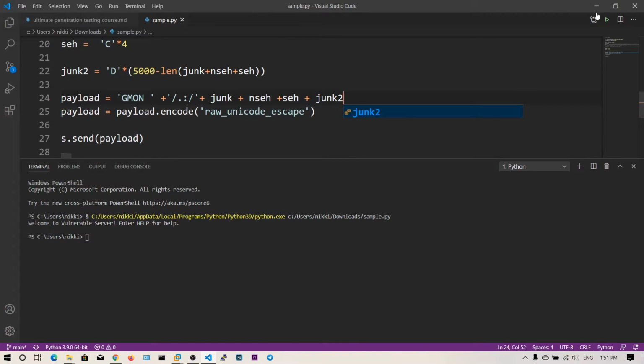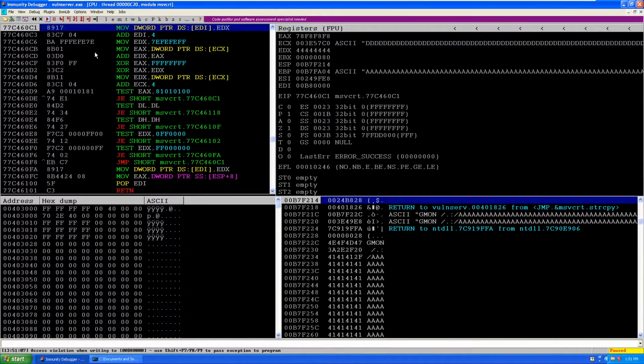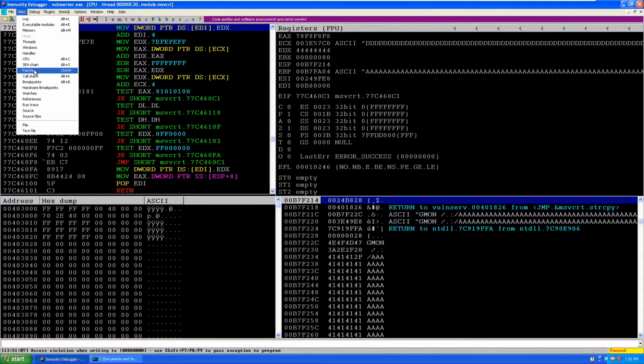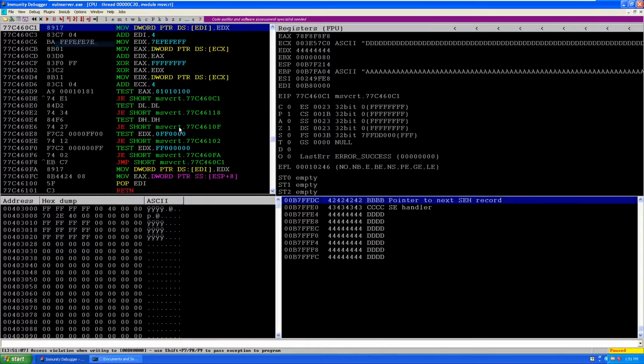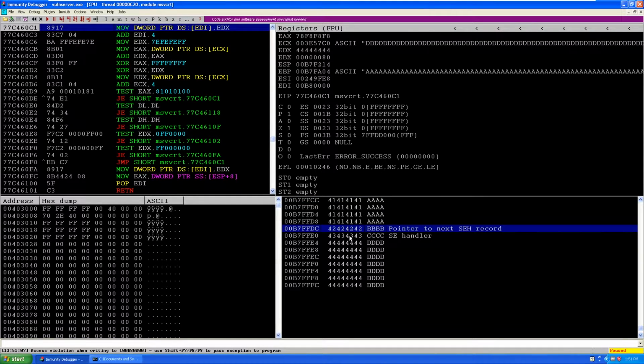We forgot the junk2. So it has overflowed. Now let's view the SEH chain. As you can see, there are Cs. Let's follow this address in the stack. We have perfectly found the offsets and precisely overwritten the SEH handler and NSEH record. You can see the Cs and Bs. Now we need to restart this one.